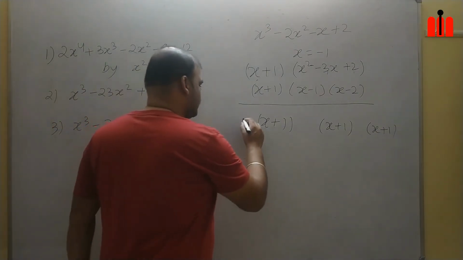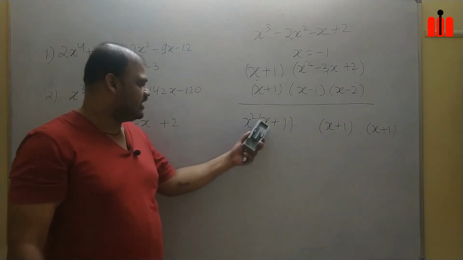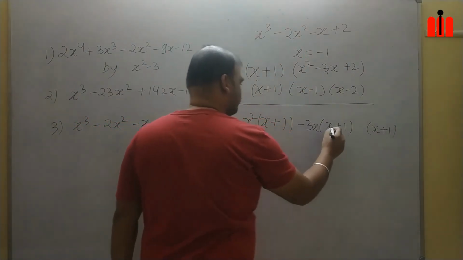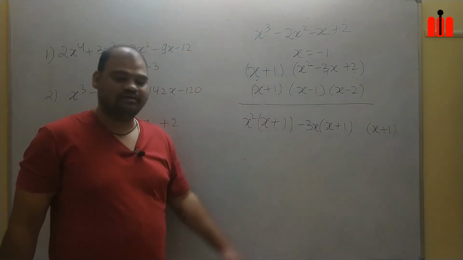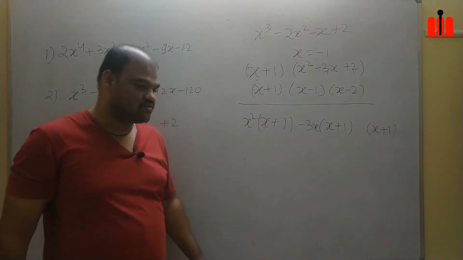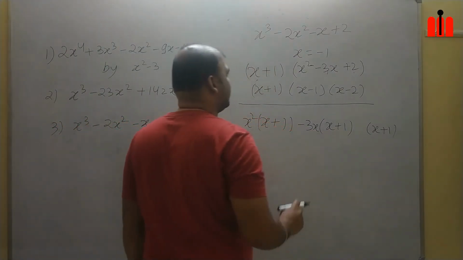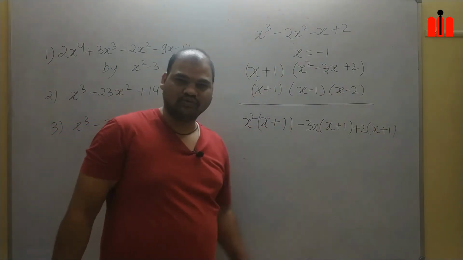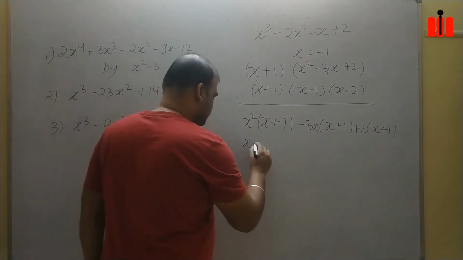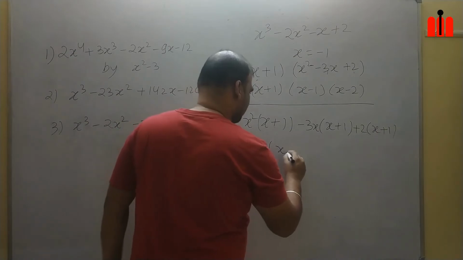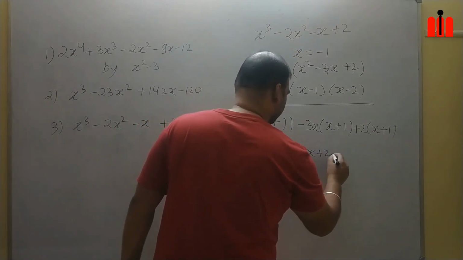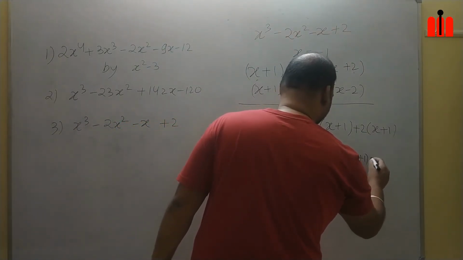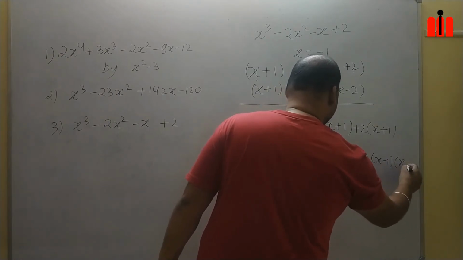First is x cube. So multiply with x square. You will get x cube. After that x square, here it is minus 2x square, so you have to add minus 3x square, so write minus 3x such that it will become minus 3x square. After that it is minus 3x, here it is minus x, so you have to add plus 2x, so plus 2x plus 2. You take x plus 1 common now, so it will be x plus 1, x square minus 3x plus 2. After that, do the splitting of the middle term, you will get x plus 1, x minus 1 and x minus 2.